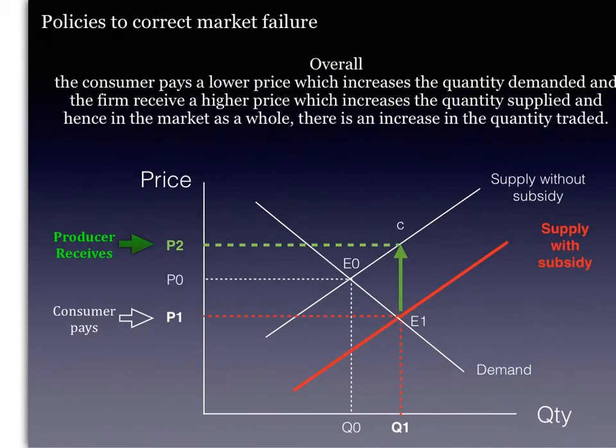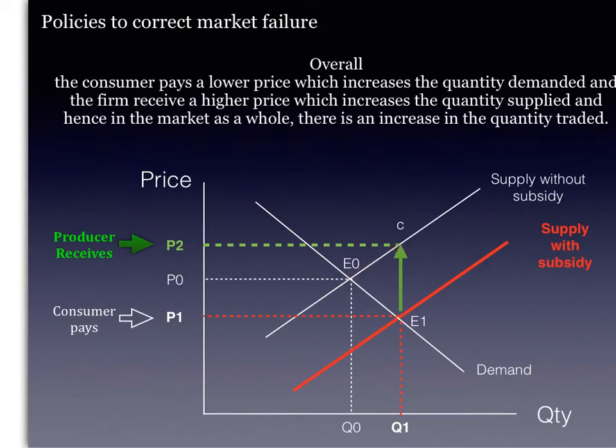So overall, what you need to say is, what happens to the consumer? The consumer pays a lower price, so they move from this point E0 down to E1. They pay a lower price, and that stimulates an increase in quantity demanded along your demand curve. From the firm's point of view, the producer, they start at E0 and they get certainly P1 in the marketplace, but then they get the subsidy, and so the firm will actually receive a higher price, P2, and so they move